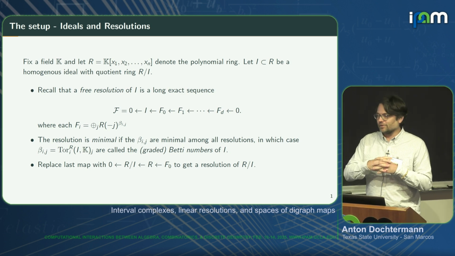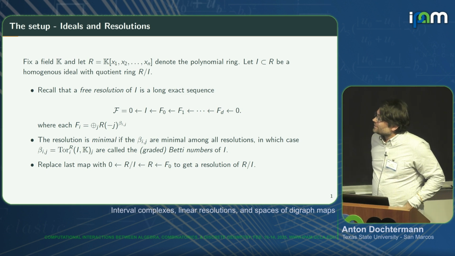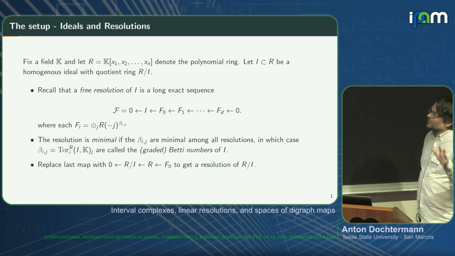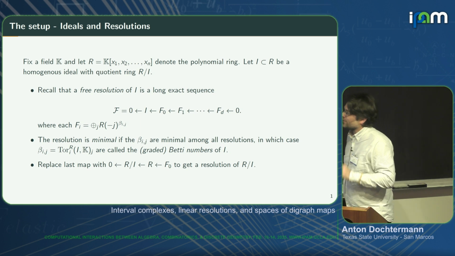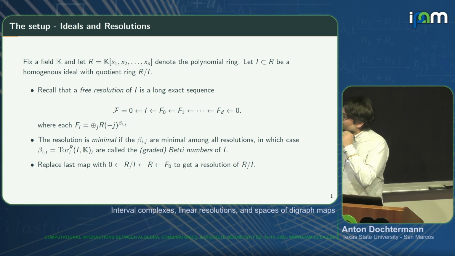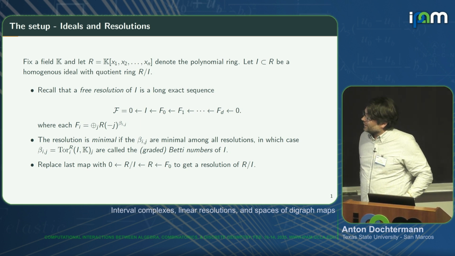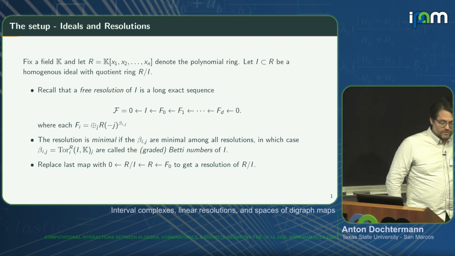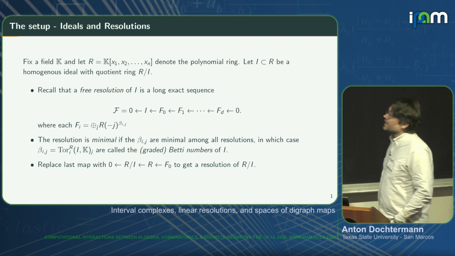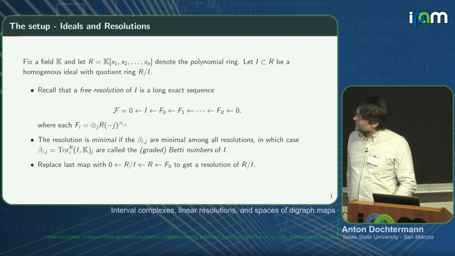So just some background, just because I don't think we had to talk about resolutions. I know there's experts in the room, but just to kind of set notation. So fix a field K, which I usually don't care too much about characteristic or anything like that. We'll see sometimes that matters. Take the polynomial ring on n variables and look at homogeneous ideals in that polynomial ring. And a resolution, right, is this long exact sequence